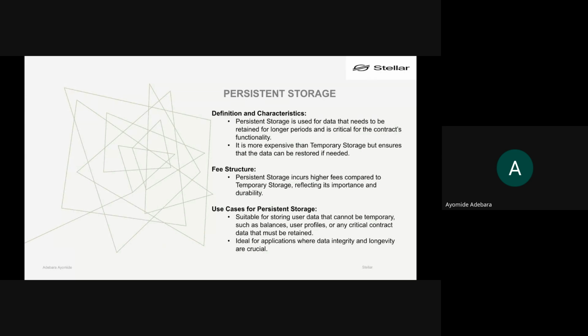The use case for permanent storage is suitable for storing user data that cannot be temporary, such as balances, user profile, or any critical contract data that must be retained. You see, that first one, balances, is usually one of the most important reasons why you need to use permanent storage. Imagine you are creating a contract that has to do with staking.